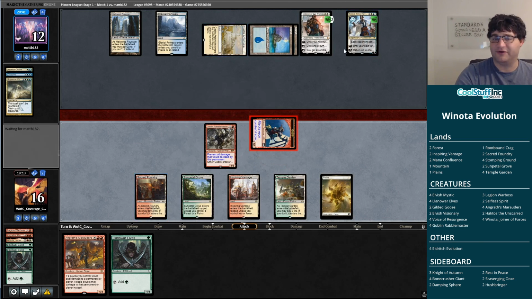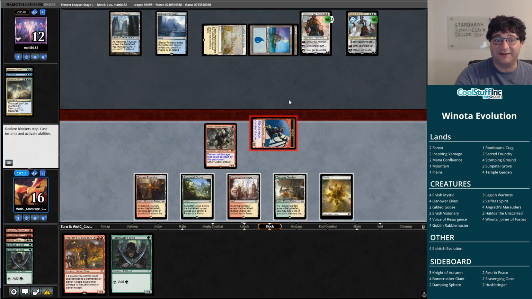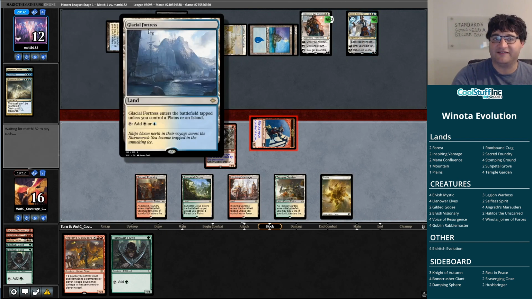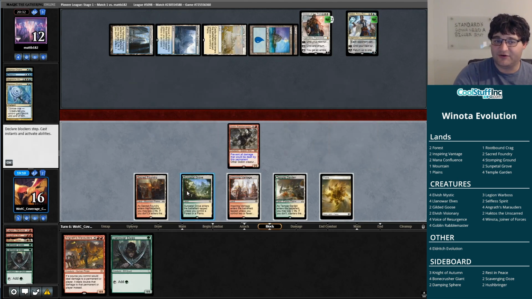Let's see if this goes through. I mean, my opponent doesn't really want to be using an Azorius Charm on my Goblin token now. They might have thought about it there. Maybe still thinking about it, as a matter of fact, and they're going to pay costs. Wow, okay, look at that. Azorius Charm onto our Goblin...